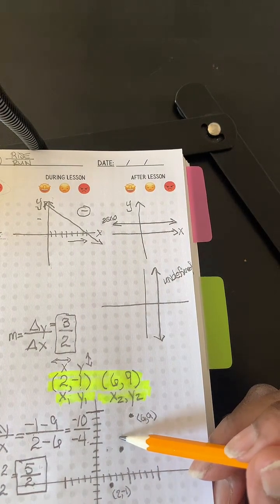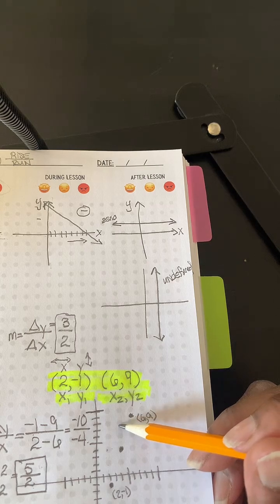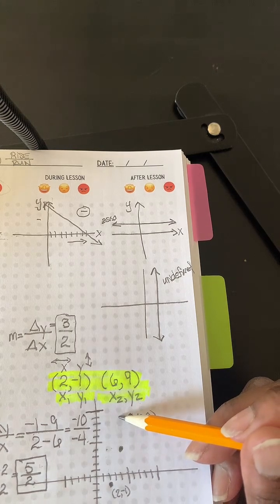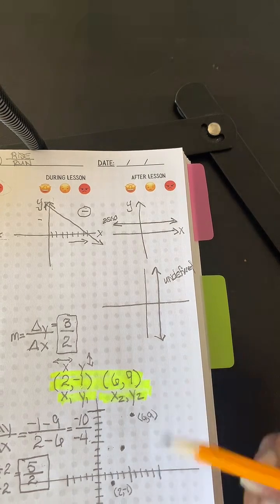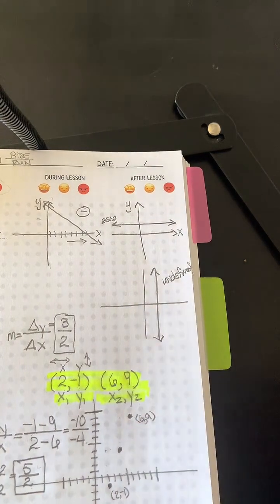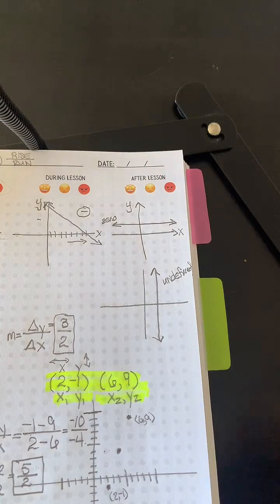So we go 1, 2, 3, 4, 5, and over 2. 1, 2. Hey, that got us right on that point. And if you take a look,